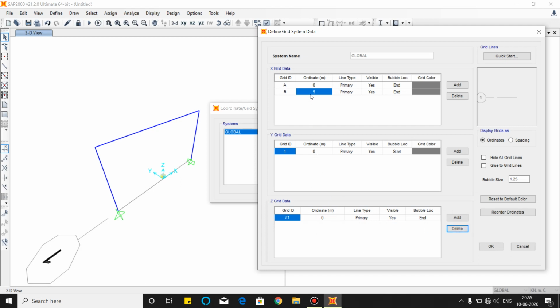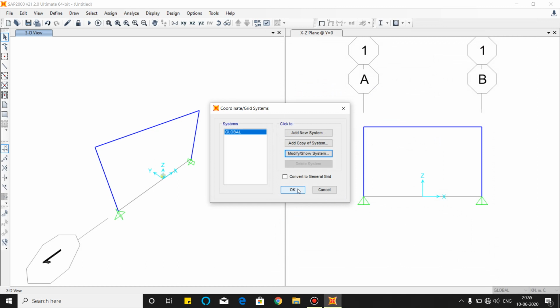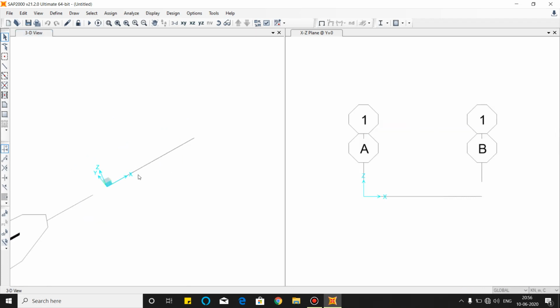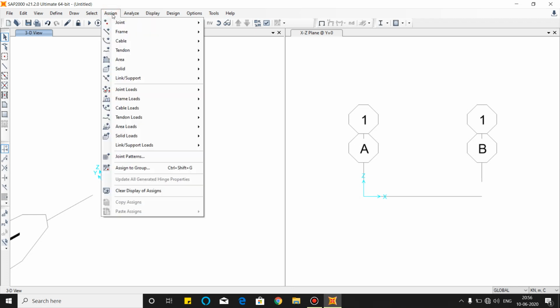Then we will delete this z-axis. Set x-axis to 5. No problem. Okay. Now the default system is generated. These are the default members. We will delete this. Okay, now this is deleted.